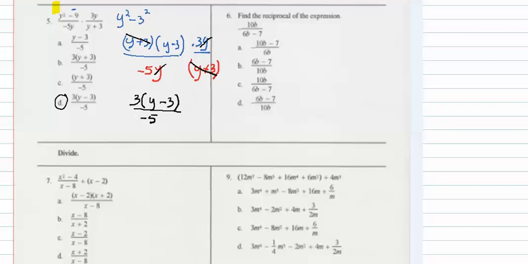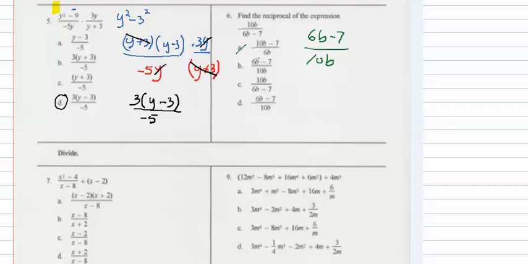Okay, now let's look at 6 over here. 6 says find the reciprocal of the expression. And reciprocal is just flipping things over, leaving all the signs the same, but just flipping over. And that is letter, looking flipped over, it's not A. Let's see, no, it's not A. It's,